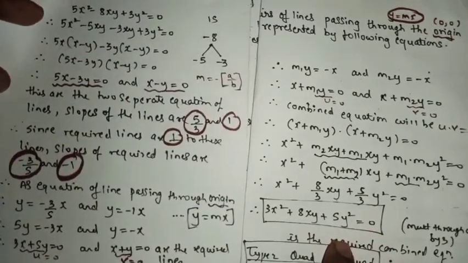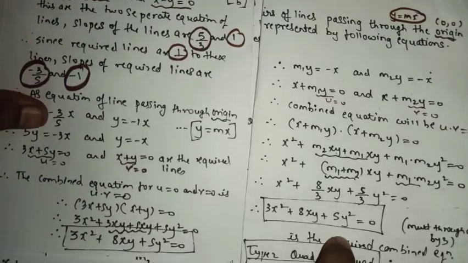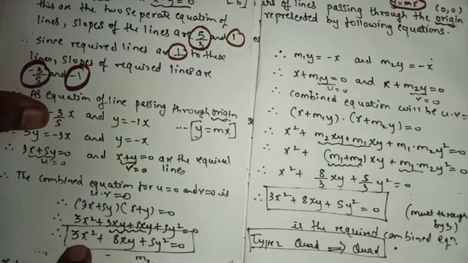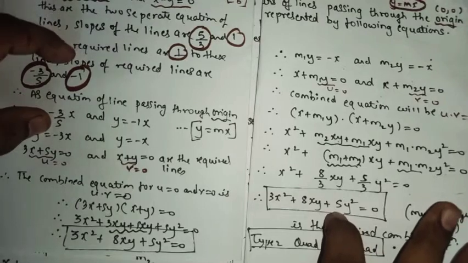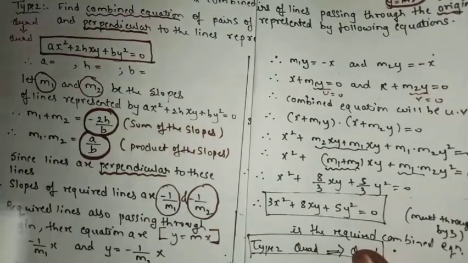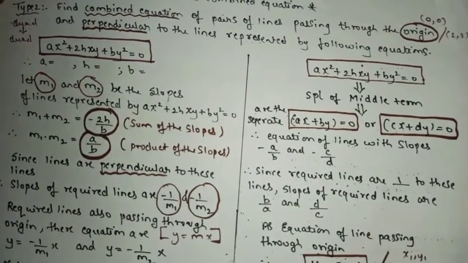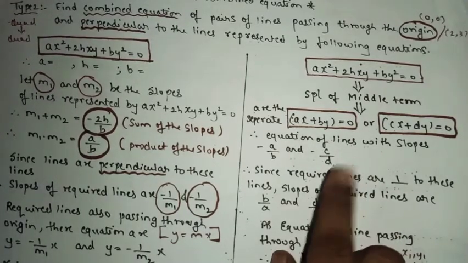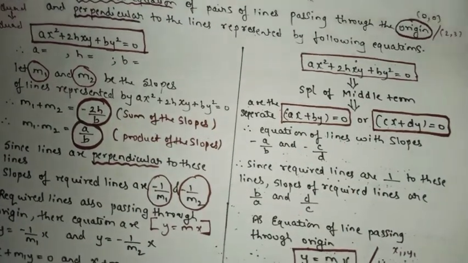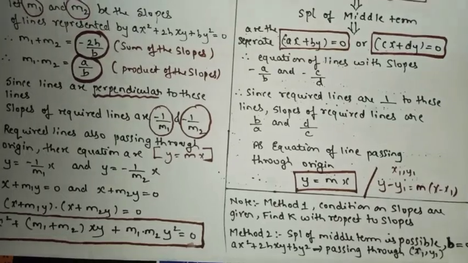Taking the same example, we applied the method number 2. Here also we got the same answer. Got the point? So we come to the conclusion that for the method number 2, there are two methods. Okay, but in the method number 2, there are some conditions which you have to remember.